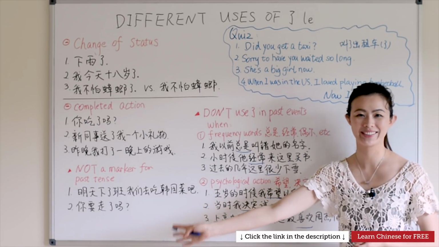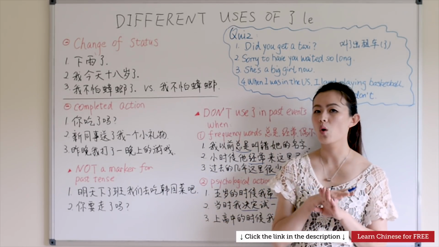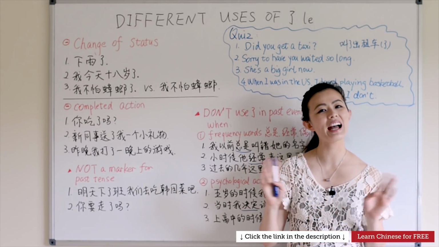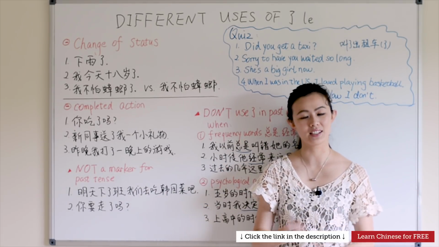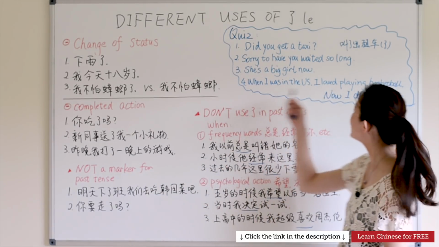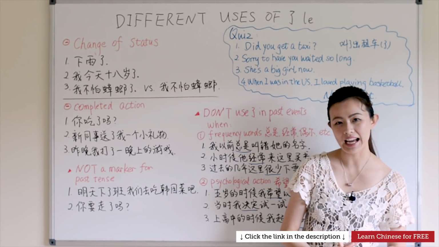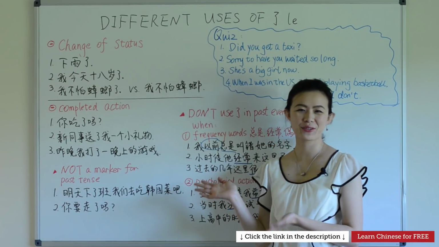Now I don't. It's changed. Now it's a different case. So 现在我不喜欢了。现在我不爱了。You have to use the 了 to say it's a different case. So the whole sentence we can say 在美国的时候我很喜欢打篮球，现在我不喜欢了。